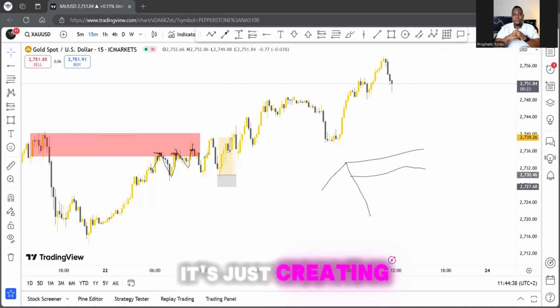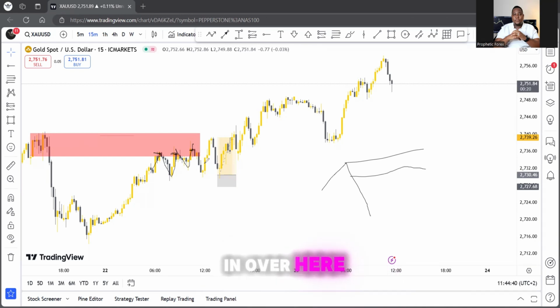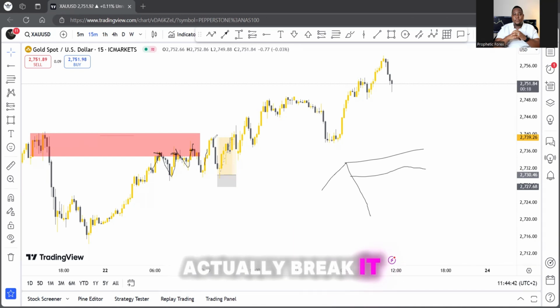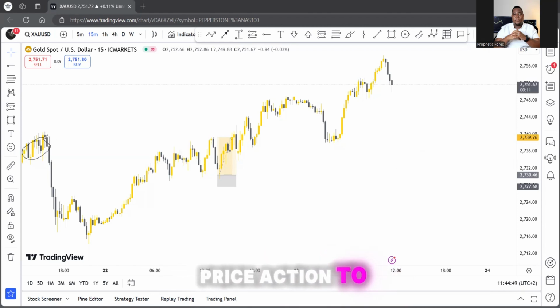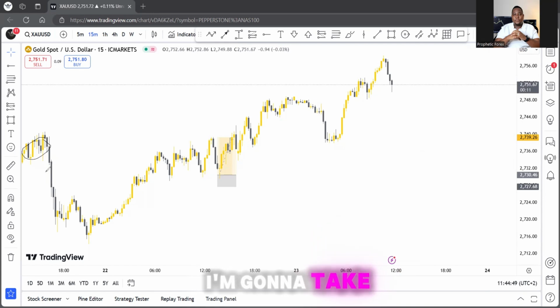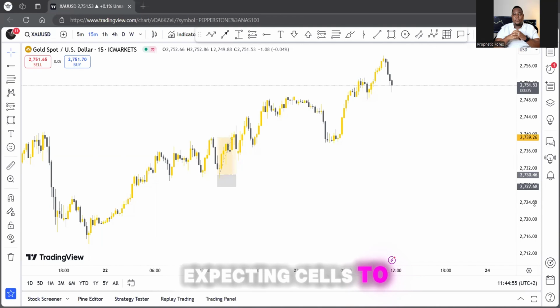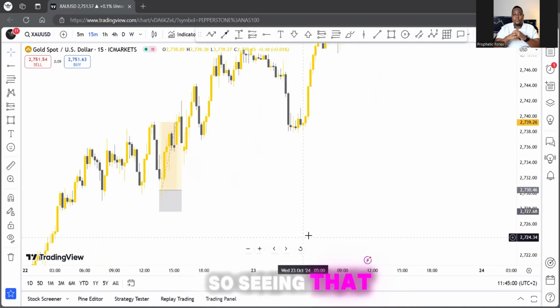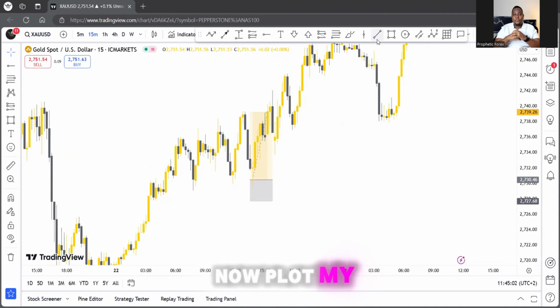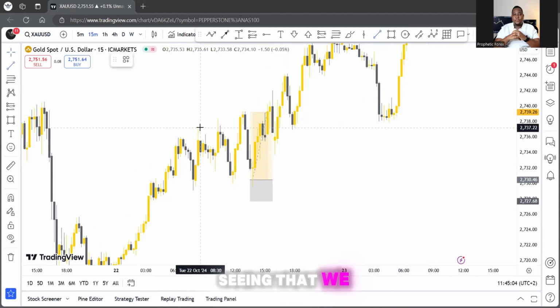It's just creating liquidity for that market to break it. And over here, it did actually break it. Now, looking at that, I knew for sure that I'm not expecting this piece of price action to prevent the trade I'm going to take. In terms of the bias, the trend that we're in, I was not expecting sellers to disturb me in any way. So seeing that, I just simply now plot my bearings quite nicely, seeing that we actually did